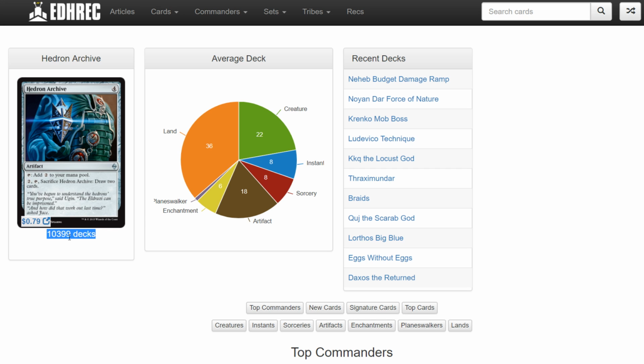This is when you're in the 10,000s, that is a very, very commonly played card, the Hedron Archive. I think Hedron Archive will go down slightly more because it is in a few standard decks, kind of these casual, tier 3 type decks. It is starting to see play in the Colossus deck, but I've seen it a lot in Paradox Engine decks, or just other artifact decks that like to